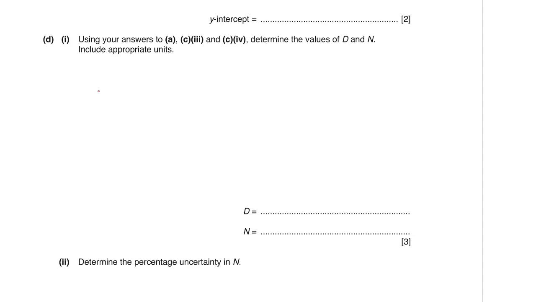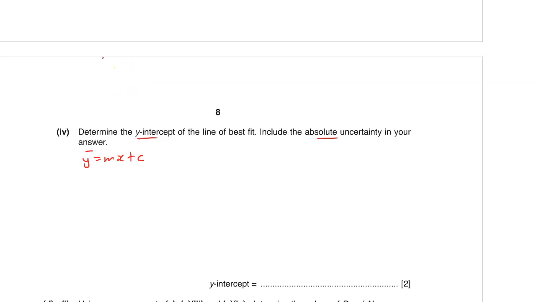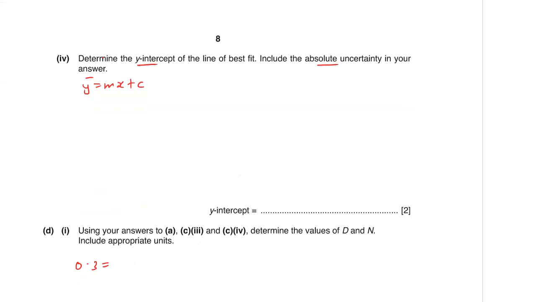I picked a point 0.3 for the y coordinate. Sorry, it's supposed to be here, not down here. So my y coordinate is 0.3, and my gradient, which I've calculated, is 7.04 times 10 to the power minus 13,